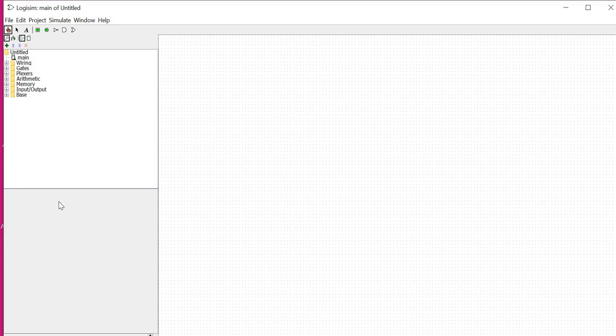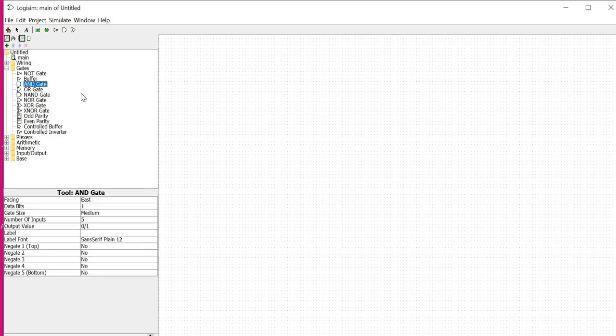Once you pick any particular gate or device, the information related to that device you can see in the property window. And this window is the drawing window, where you will place the components, do the interconnections and verify the simulation based operation of that particular circuit.